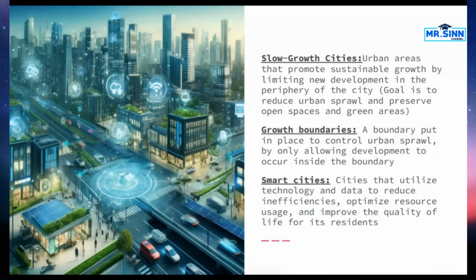But what we're talking about here, one, we have some slow growth cities. It seems weird. You'd be like, hey, why would a city want to slow their growth? Don't they want to promote their growth? Well, the reason why we have slow growth cities is what they're trying to do is reduce some of this urban sprawl. They want to keep some of their green spaces. They also are trying to make sure they can manage their growth. If we have growth that happens too fast, one of the issues is that we run into more problems. Infrastructure can't keep up. Our utilities can't keep up. We might see more issues with squatter settlements and things of that nature. And so we actually are trying to slow growth here to try and make it so it is sustainable and we can make sure we're building it in a correct way.